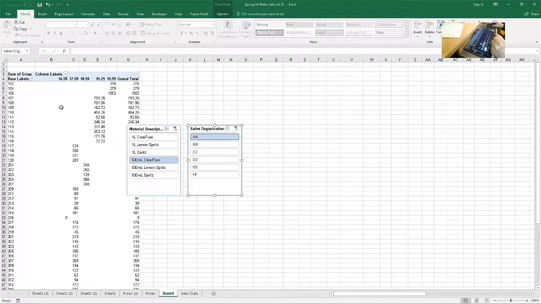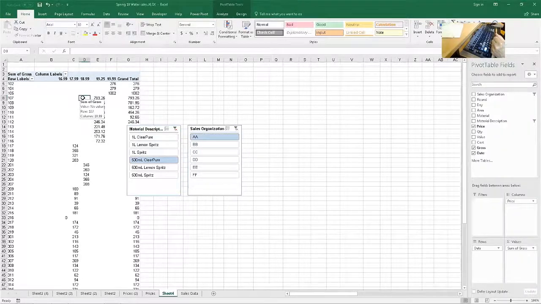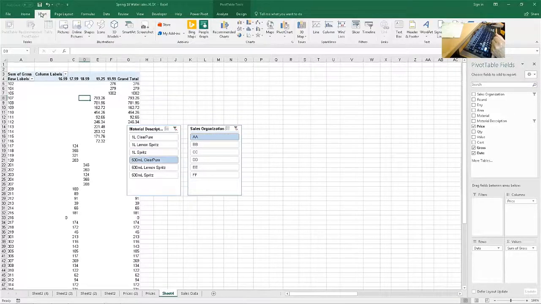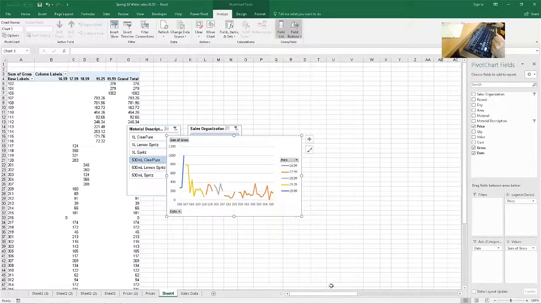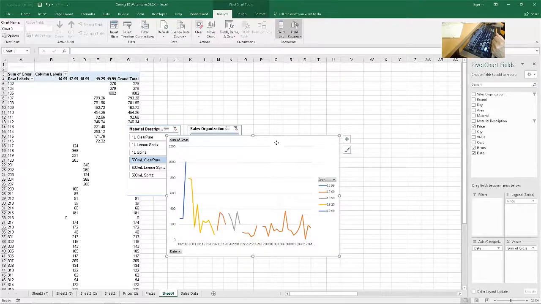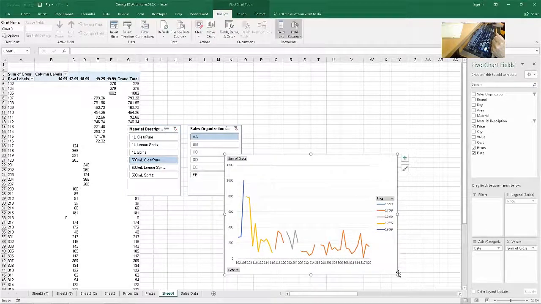And so there we see the different prices and profits for 500 milliliter clear pure for team A. And then let's insert a chart that will compare these prices. So this is one that I kind of like. So the idea here is,